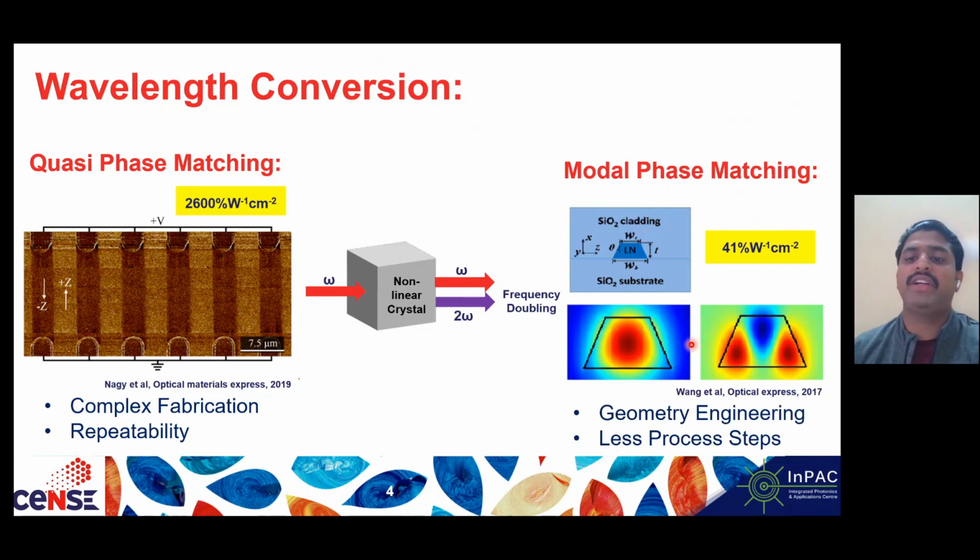phase matching between the fundamental and the second harmonic mode by engineering the geometry of the waveguide. But what we generally observed is that people were getting really low conversion efficiency by using this modal phase matching method. So we thought of taking this modal phase matching for our work, but we have to improve the